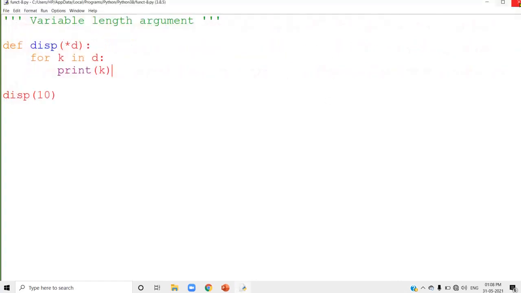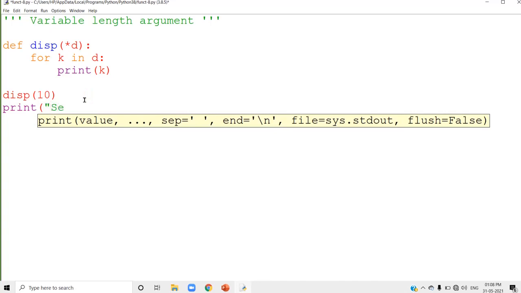Next, I am going to call the same function a second time. I'll give a message here, print second call for the same function. It's a message.